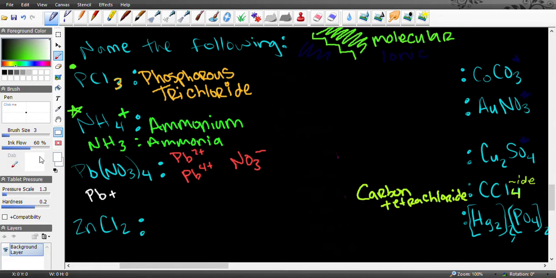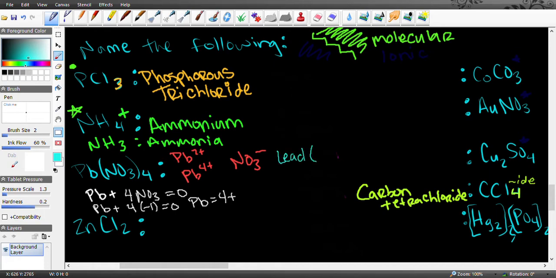whatever the charge for lead is, and this brush size is killing me. Whatever the charge for lead is plus 4 times NO3 is going to equal 0, right? This compound has no charge. Well, we know NO3 is -1, so Pb plus 4 times -1 equals 0, and that would mean that Pb equals 4 plus. So if we know the charge on lead is +4, if we were to name this, it would be